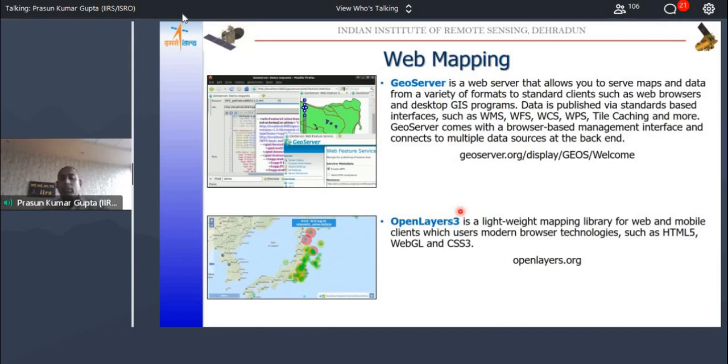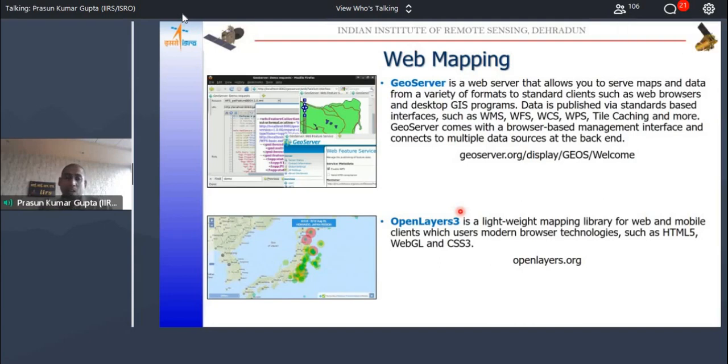So the idea behind this is, let's say you are doing some data collection. You have to do a door-to-door survey. How would you normally do it? You have a team of people. Everybody has their notepad and a pen and maybe a GPS receiver. You go from one house to another house, collect the data and write it down. Then when you come back to your lab, you enter that into an Excel sheet.